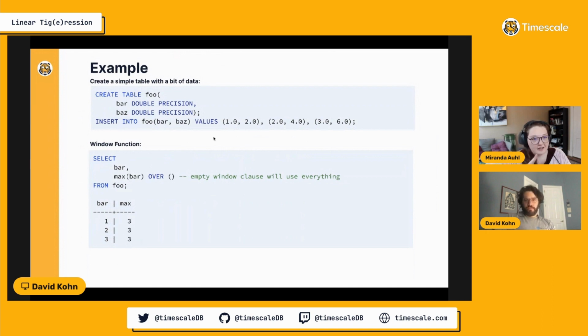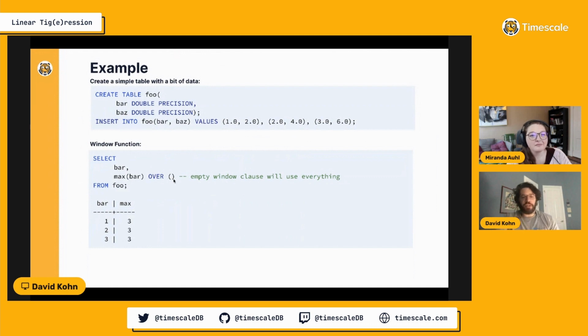So in this case, the window that we're looking over is going to be all of the rows rather than like 3 of the rows, which the last image showed. Well, in this case, there are only 3 rows, so it is over 3 of the rows, but that's only because there's only 3 rows. Yeah. Got it. Okay. And so you can make this window function, this window definition, much more complex,